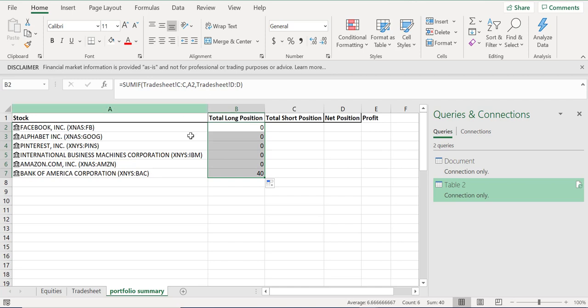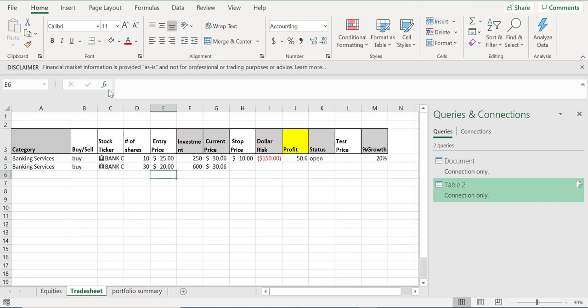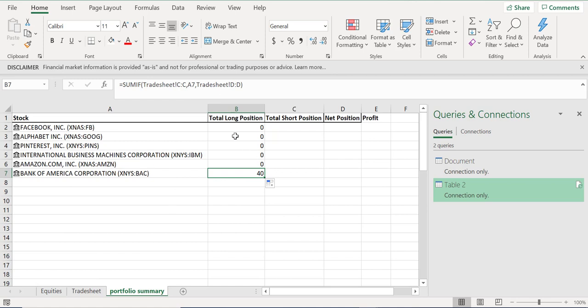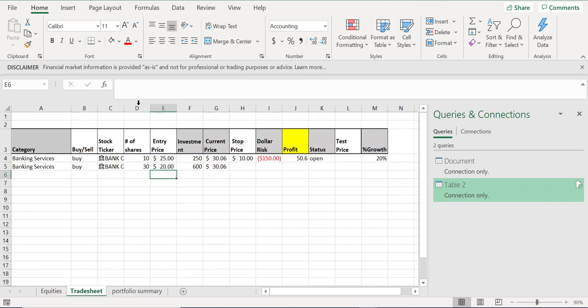Okay? Let me just explain it to you one more time. SUMIF is basically saying do a sum if you see a certain criteria. So I'm saying SUMIF, then the range of the criteria. The range I want you to look up is column C, that's where all the stock tickers are. So look in column C for Bank of America. Anytime you see Bank of America, do a sum of things in column D. So the things in column D are